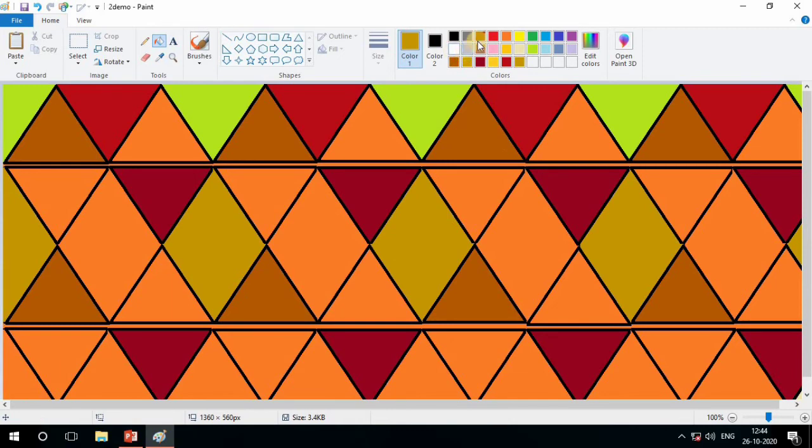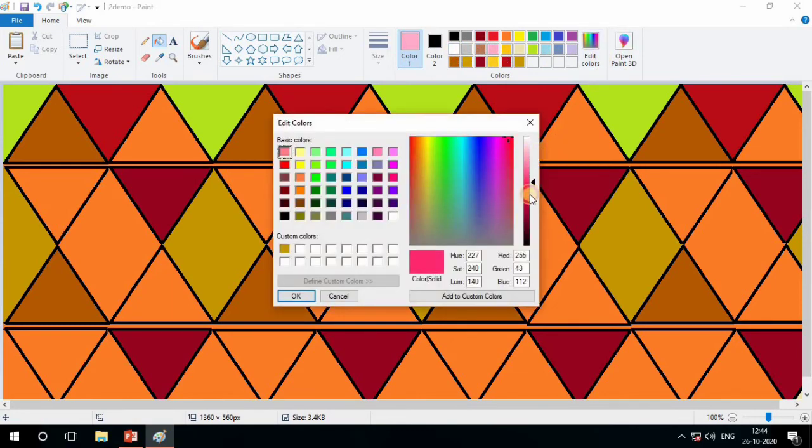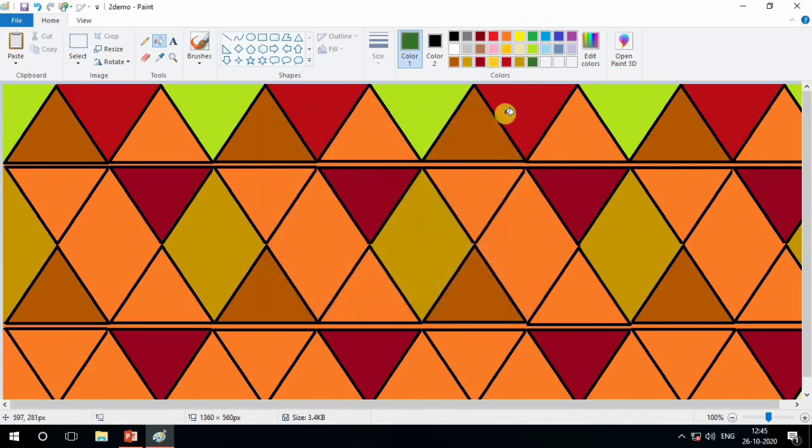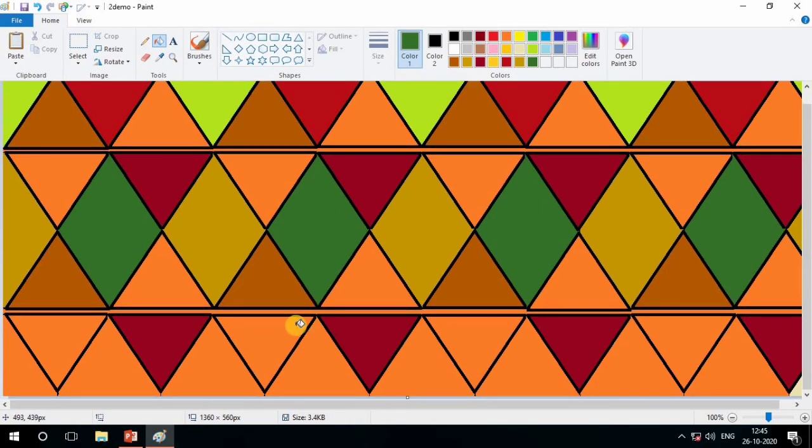Yes, now see another shade, add it and choose another shade. Edit and okay. Fill it here. You can see we fill different colors by this edit color.